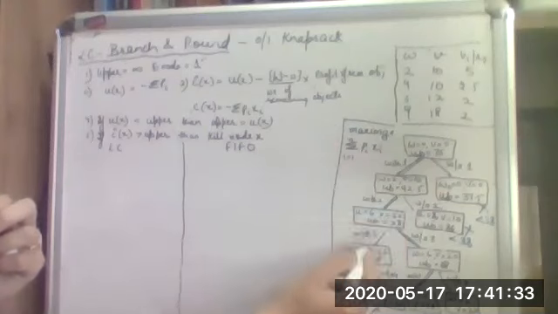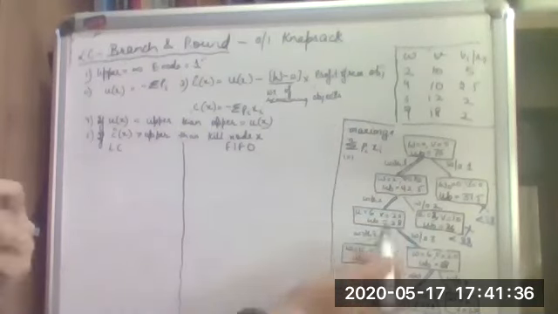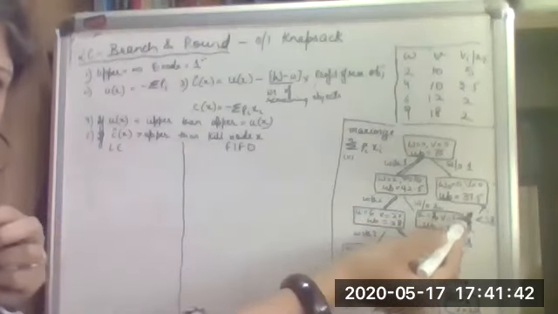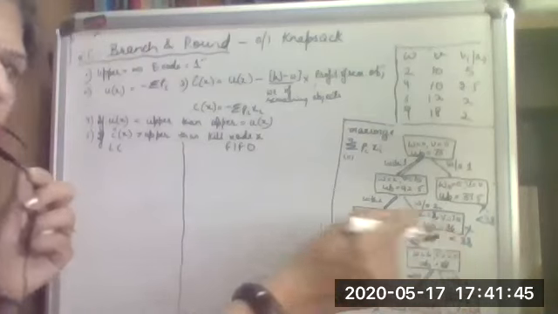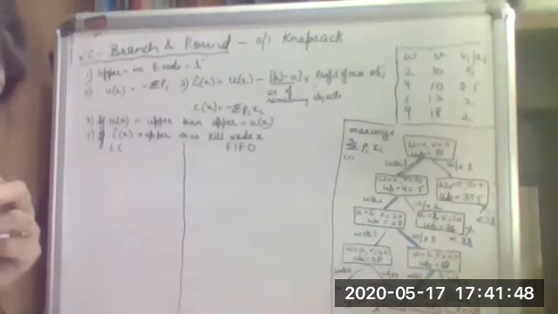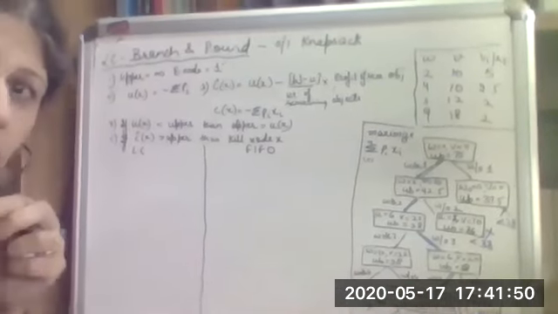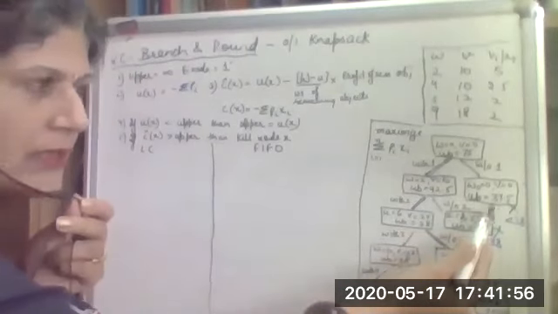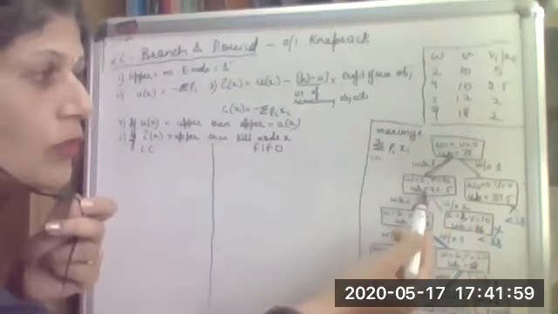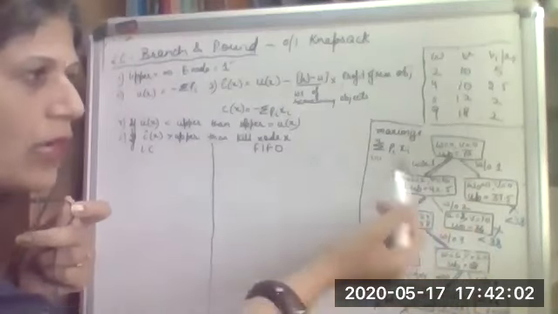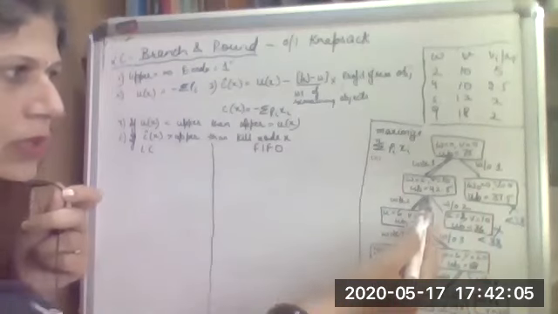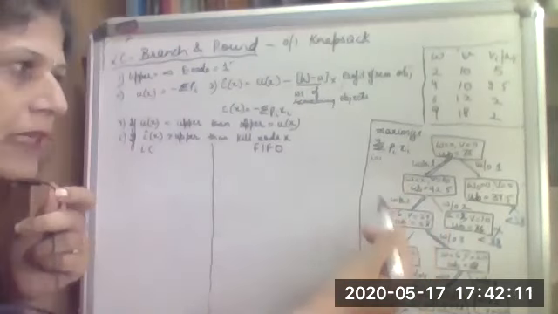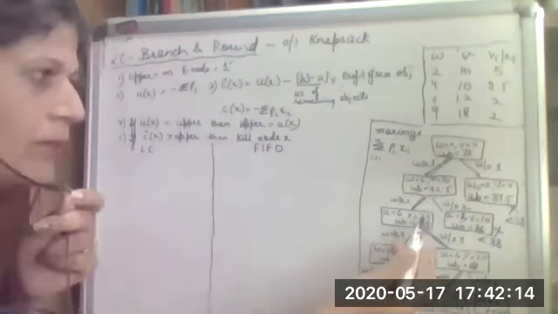So we have taken the state space approach for this, and with that we have tried to prune all those nodes which have lower upper bound value. So we tried to maximize the upper bound value, and wherever it was lesser, we would not take that node but would go further into the node where the upper bound is high. In these two cases, this was the higher upper bound, 42.5. So this was taken, and then we have moved further into that tree.